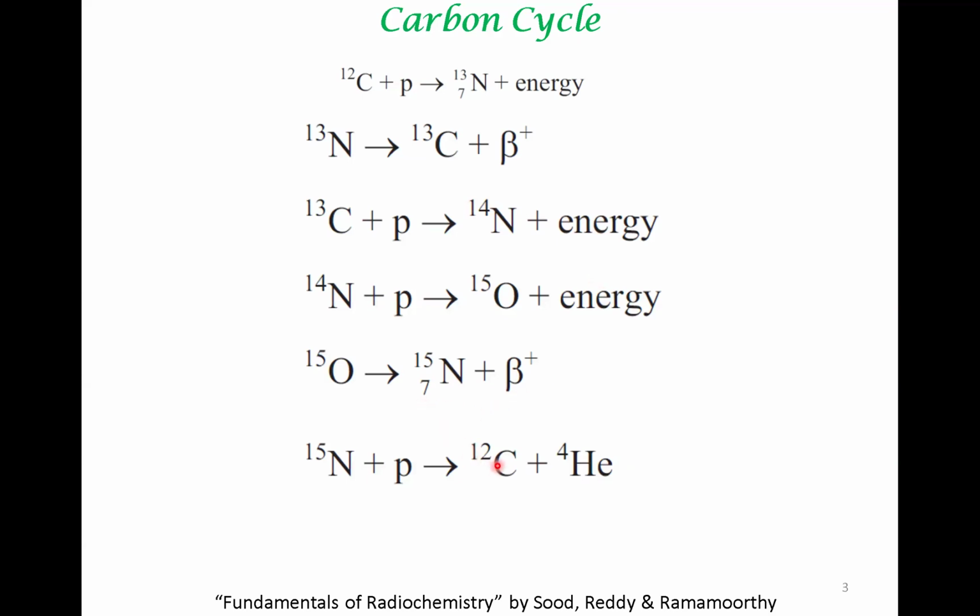Eventually, what is important to notice is after going through this cycle, C12 gets generated again. This is what we started with. One of the reactants was C12. That was generated again. So that's why it's called the carbon cycle. You get back carbon, but you also get helium. So the overall reaction is the following: 4 protons give you this nucleus plus 2 positrons plus this much amount